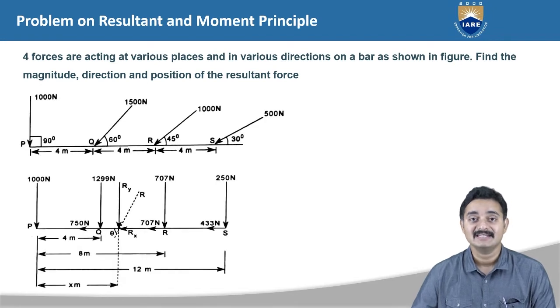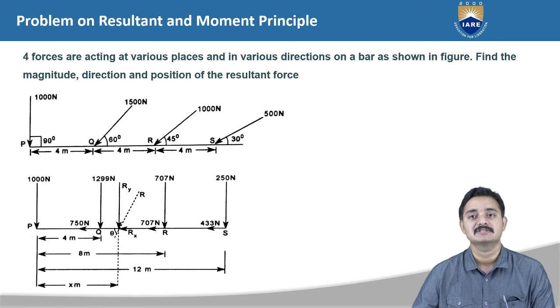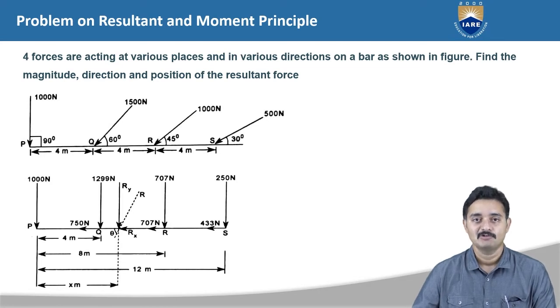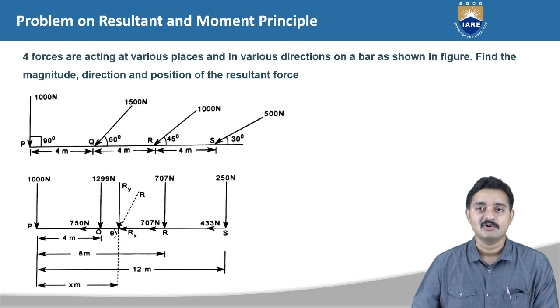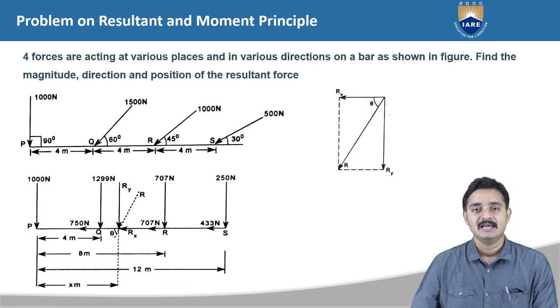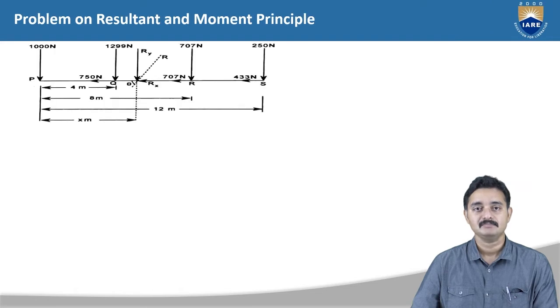So the forces acting at Q, R and S will be resolved into the component forces as represented. We have to be careful in representing the direction of the component forces also. Let us assume that the resultant of these forces will act at a distance of x meters from P, acting at an angle of theta to the horizontal, as represented here. Now, the algebraic sum of the component forces is